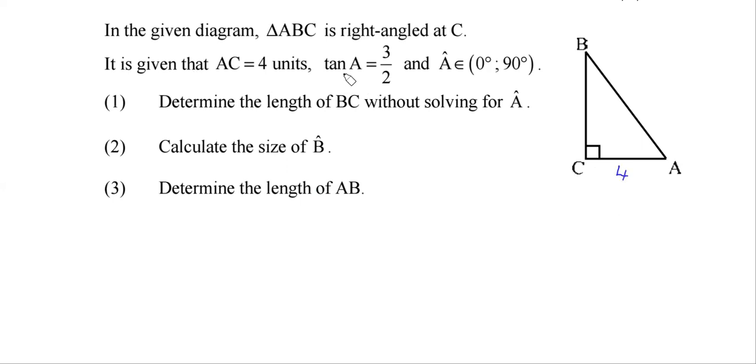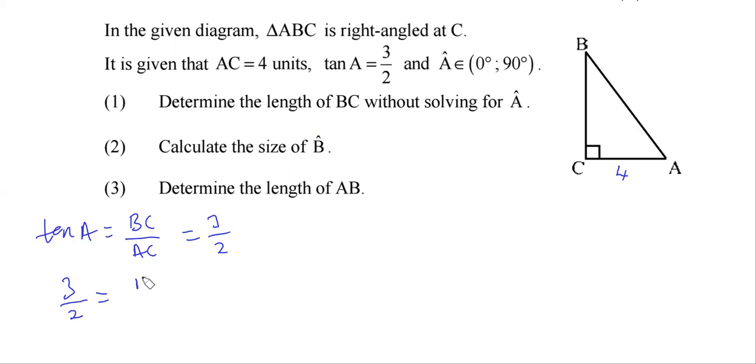Then tan A is equal to 3 over 2. Now, tan is equal to opposite over adjacent. So if we put this here, we will say tan A is equal to BC over AC, and what we have is 3 over 2. To make life easy, because these are equivalent, we are looking at proportion here. So we're going to say 3 over 2 is equal to